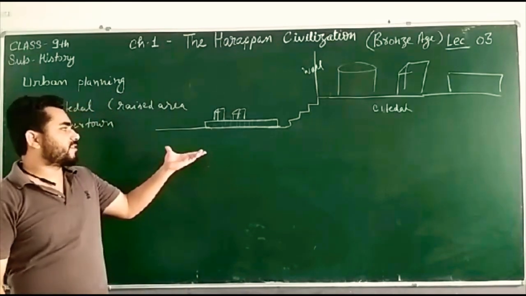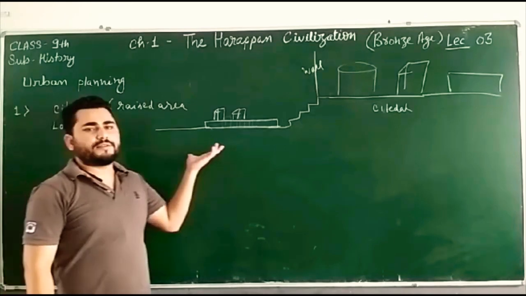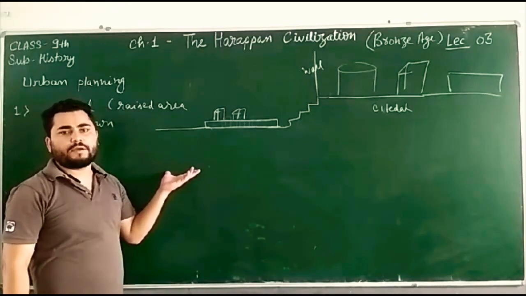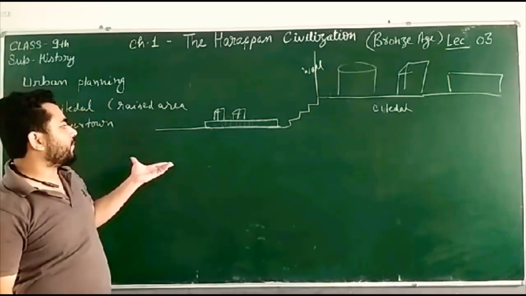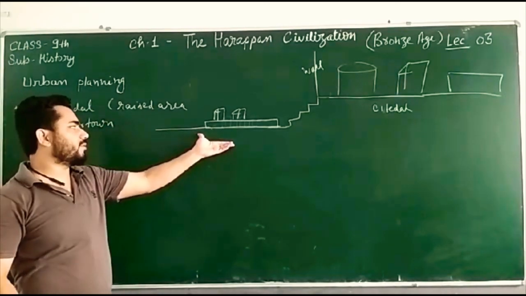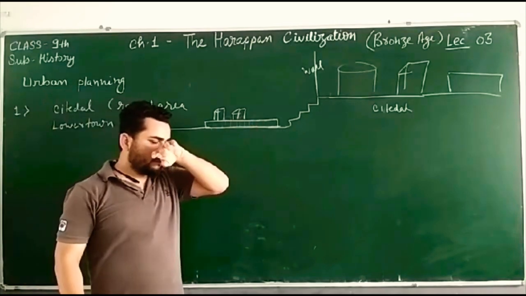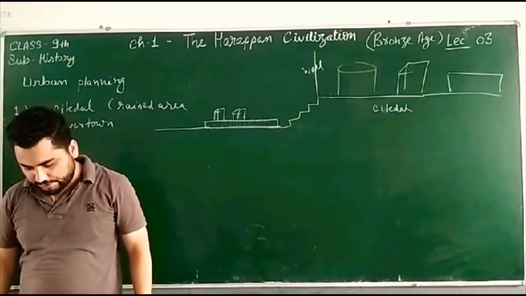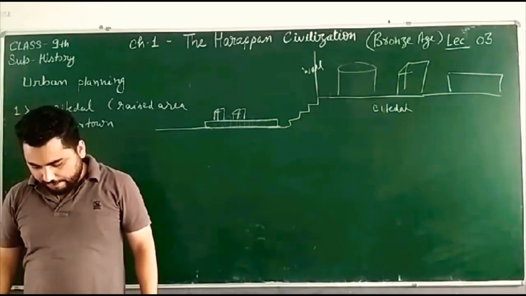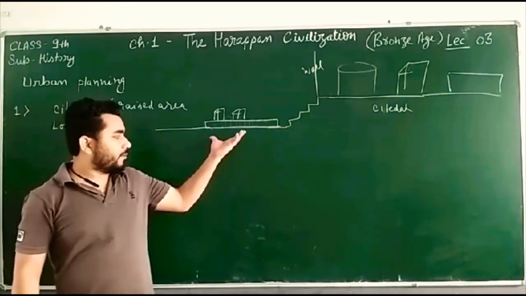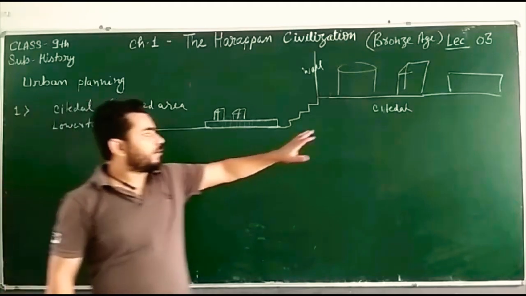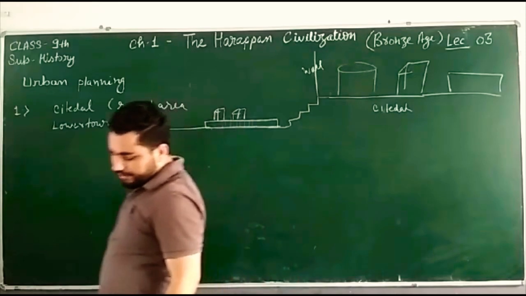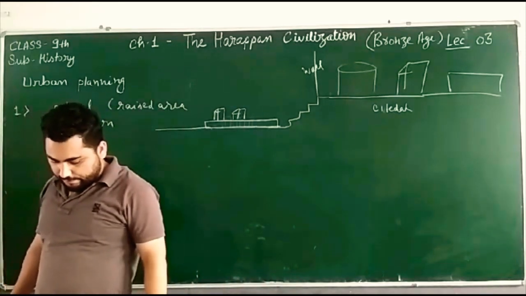To prevent floods, because these cities were near River Ravi or River Indus, the cities in the lower towns were also built on raised areas, platforms or mounds. This platform was of mud brick. These houses were residential, and buildings like the great granary or great bath were public buildings which were used by all people.